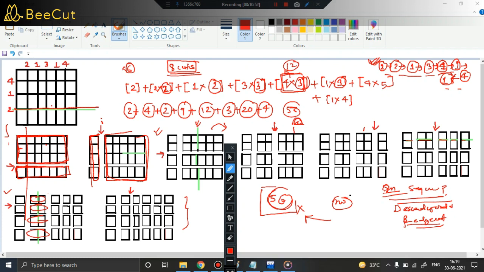Again you are performing a vertical cut along this edge. If you perform a vertical cut along this edge, the number of pieces horizontally increases. Right now it had 2 pieces, now it became 3 pieces: 1, 2, 3. Again you perform the vertical cut. Right now, how many pieces are there horizontally? 1 piece and 2 pieces. But the moment you perform a vertical cut, this will lead to 3 pieces.